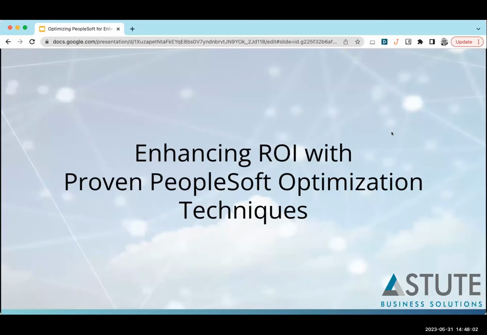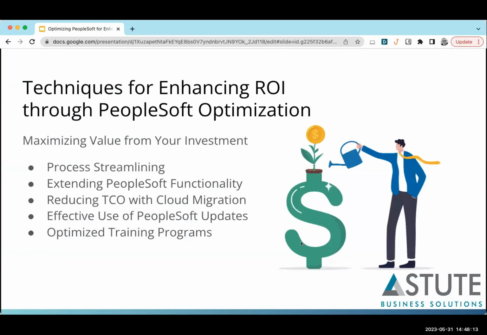So the part that everyone's been excited to get to here, you waited 40 minutes for this, is enhancing your ROI with proven PeopleSoft optimization techniques. So here are some techniques to help you get a good return on investment when you optimize your PeopleSoft system. And I'm going to throw out some numbers here just so that you can have some thought around what each of these can do. So process streamlining,